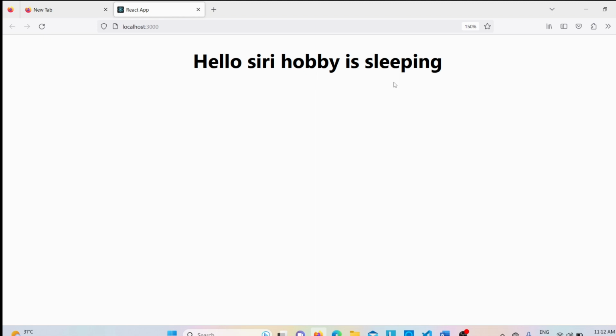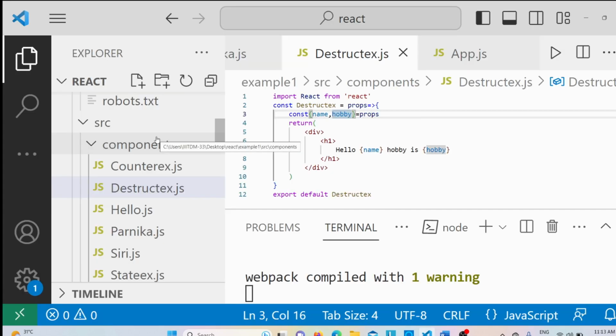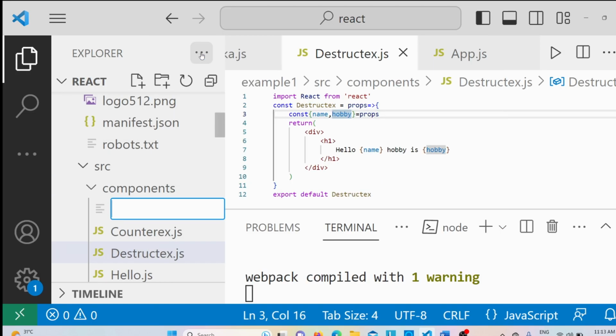The first way is you can destructure in the function parameter itself. In the second way we can destructure them in the function body. Now let me discuss how we can destructure the props in the class component. In components, I will create a new file and then I will write